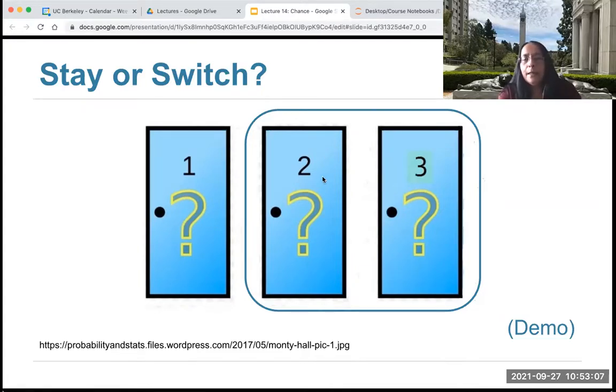Monty might tell you where in the circled group there is a goat, but there's still 2/3 chance that the car is in here. Because if it were 50%, then there would have to be 50% chance that the car is behind your original door. But the car never moved.